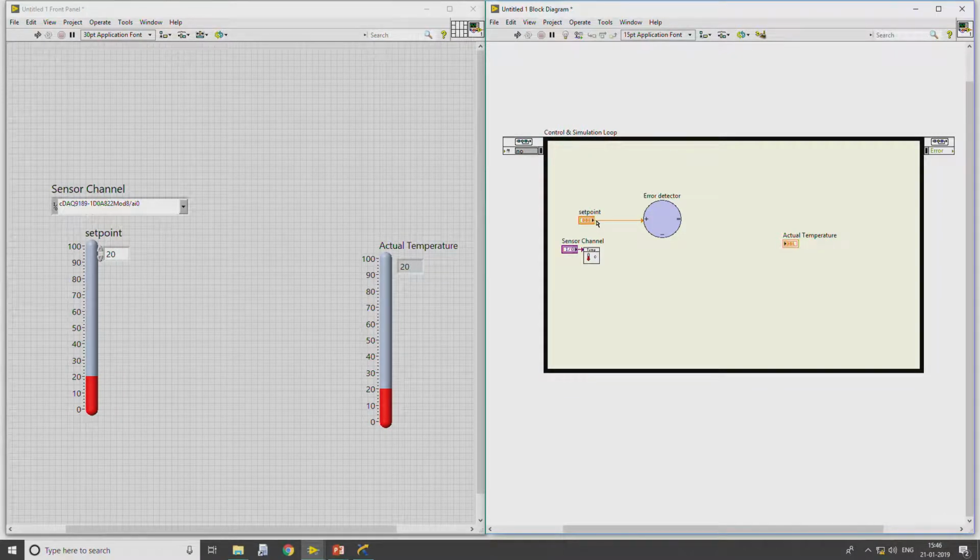But when you look into the sensor LM35, the sensitivity of the sensor is 10 millivolt per degree centigrade. So, in order to match the units of the output from the sensor to the set point, we have to provide a gain of 100 such that both have the same mapping factor, which is 1 volt per 10 degrees centigrade.